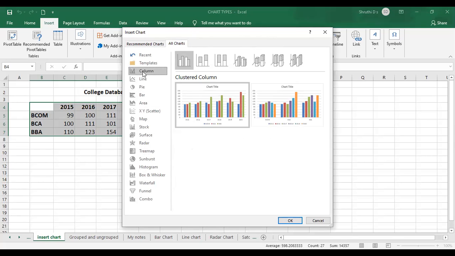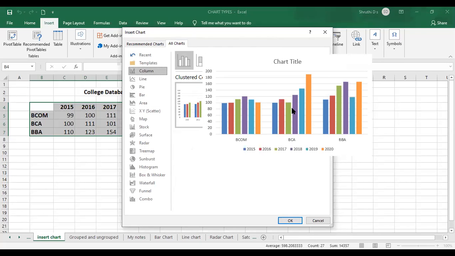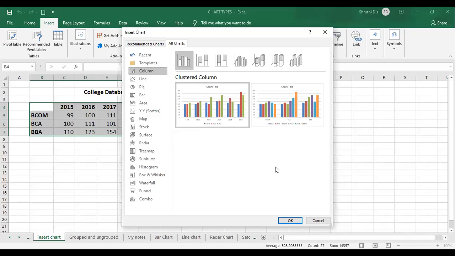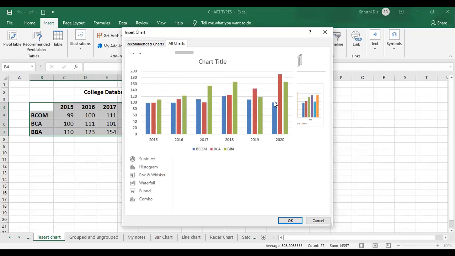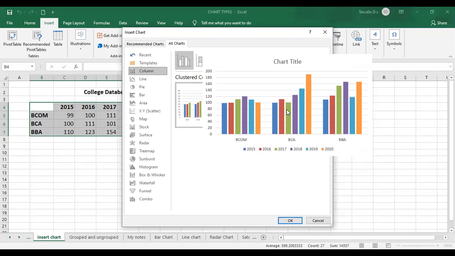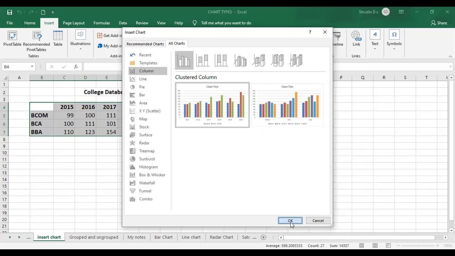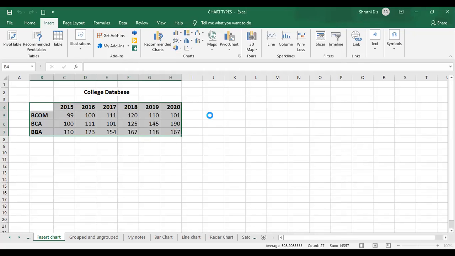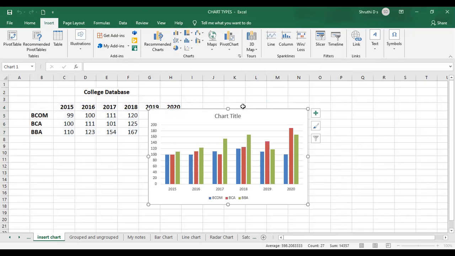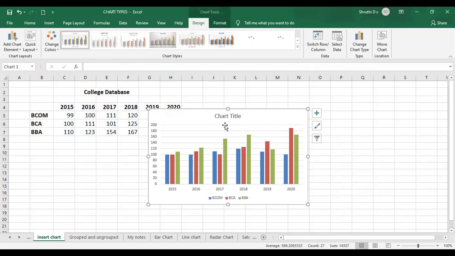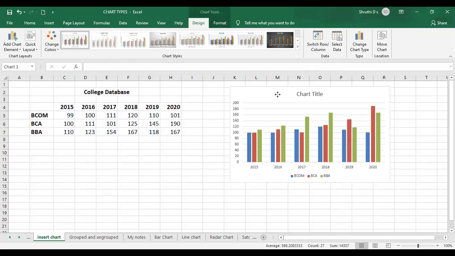So for explanation's sake, I'll go with the first one, and select the type, and if you want to change here, that is fine. This is the preview of the chart that will be applied for your data. You can just select the format in which it has to be displayed. Just click on OK. So my chart will appear in the particular sheet.